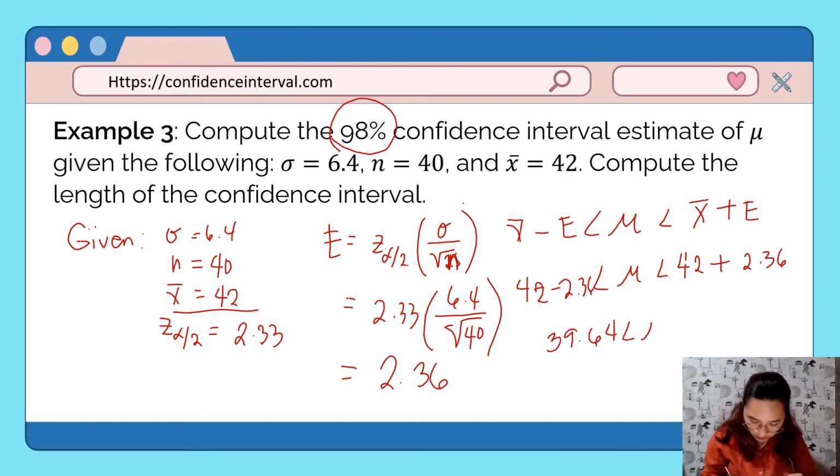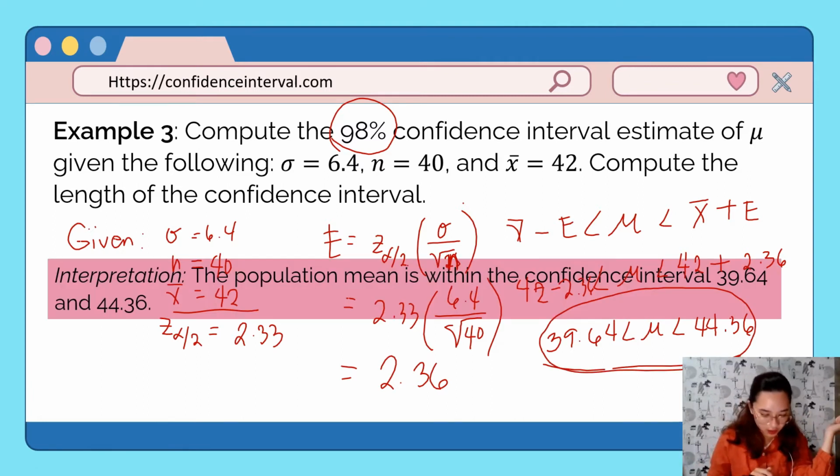39.64. Ang upper limit naman po ay 44.36. Ayan. So, ito na po yung ating 98% confidence. Paano po natin interpret yan? So, the population mean is within the confidence interval 39.64 and